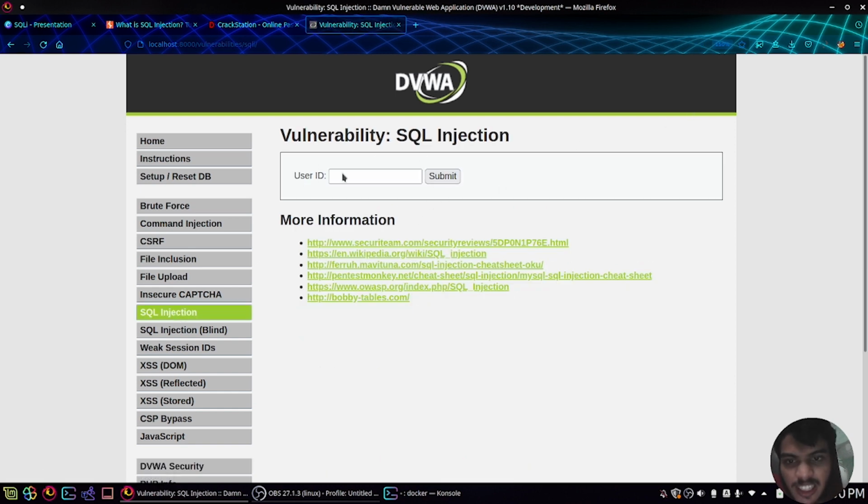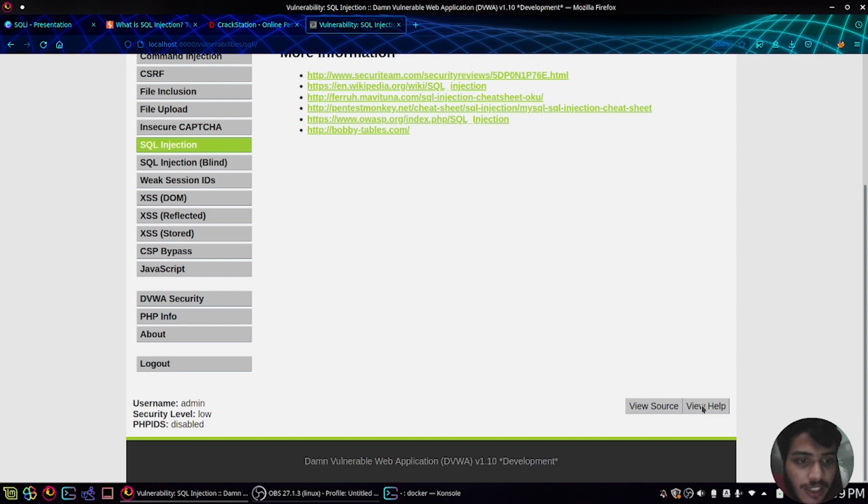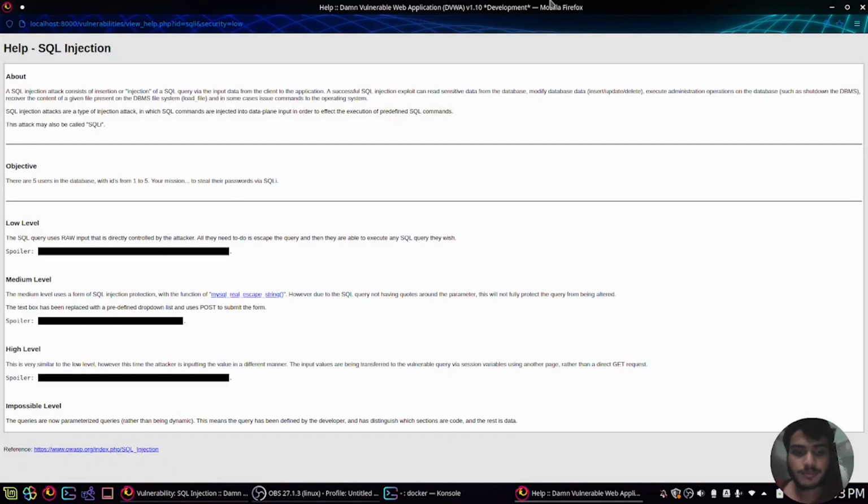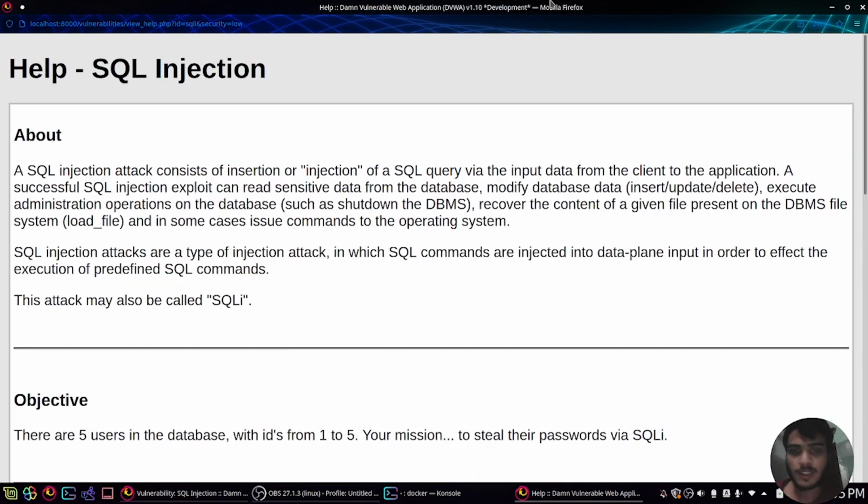Here you can see that there is a user ID input field. We will use it to inject the payload into the SQL database. Let us first see the objectives. Let us click on view help. What it states is that an SQL injection attack consists of insertion or injection of a SQL query via the input data from the client to the application.